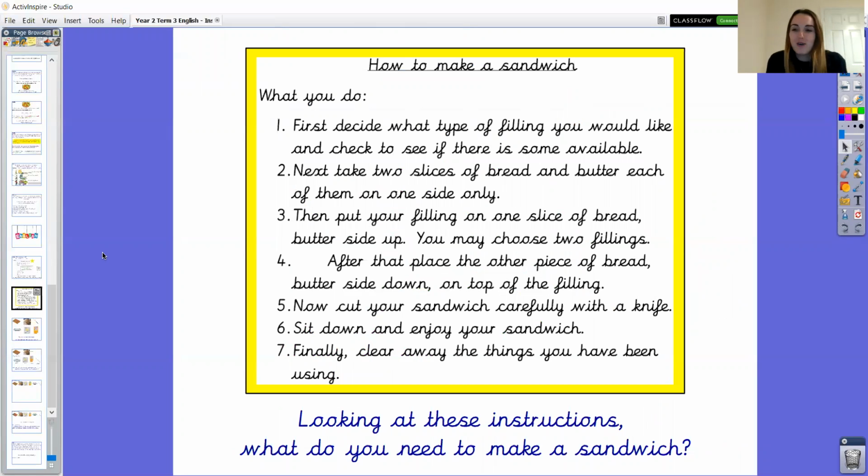So we're returning to the instructions on how to make a sandwich. Looking at these instructions, what do you think we need to make a sandwich? As I know, in the last lesson we'd looked together and we'd noticed that they were missing a title, what you need. We also noticed that the instructions were even missing a top tip, and that would have been very helpful. So at the moment, we're going to particularly think about what you need, because we really need to make